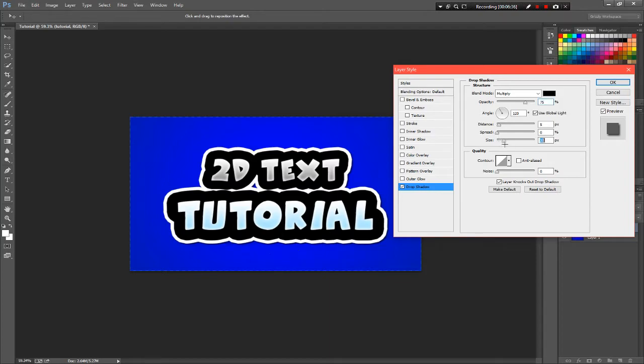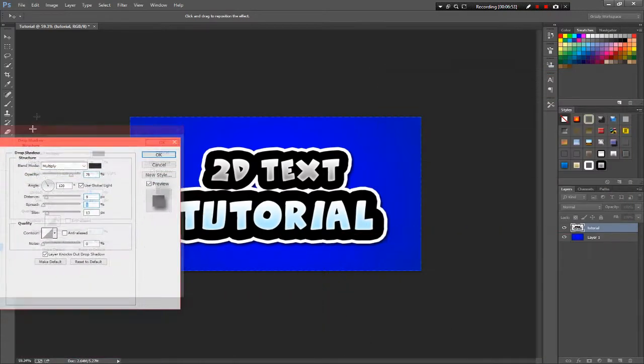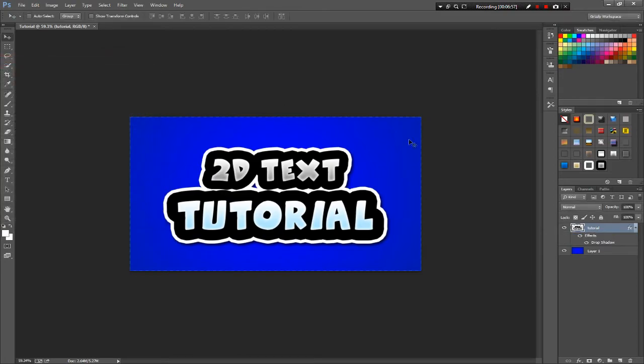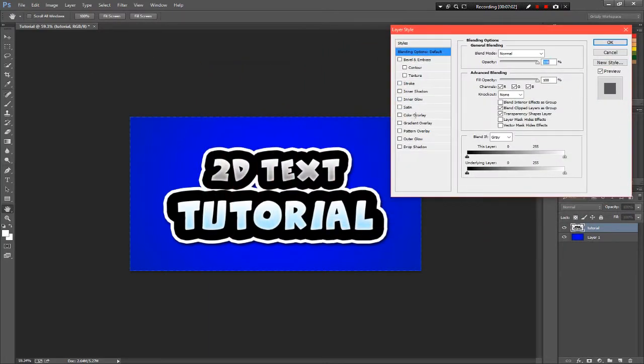You can adjust this in whatever way you want. Drop shadows are really endless. I'm just going to do it to where it's like sticking up a little bit. That looks nice. It's very subtle, but you can still tell it's there. Click OK. We're gonna rasterize the layer style again, go back to blending options, and now we're gonna add an